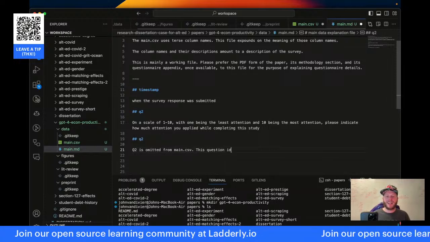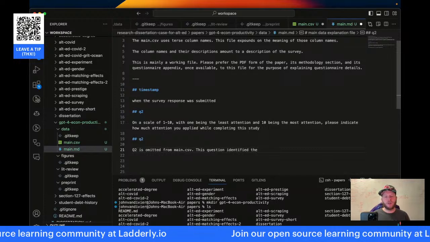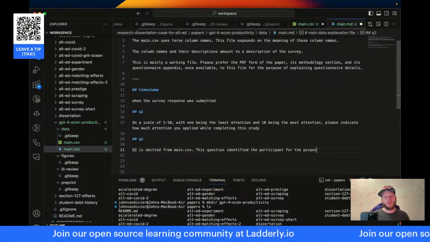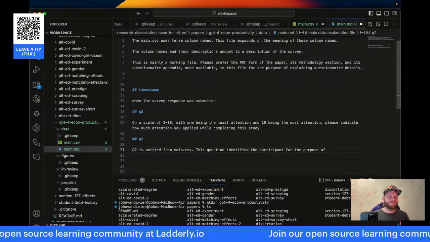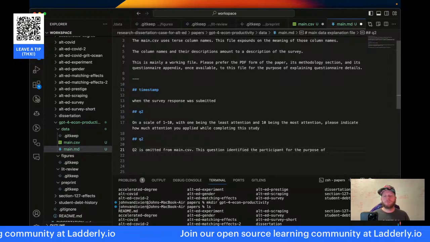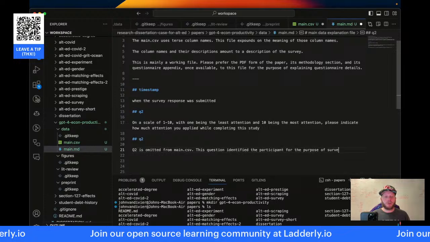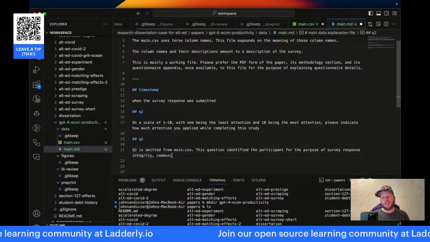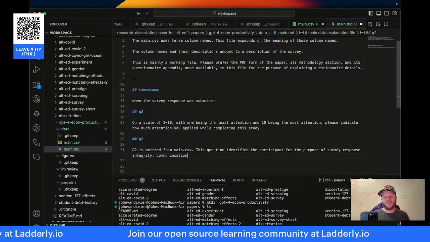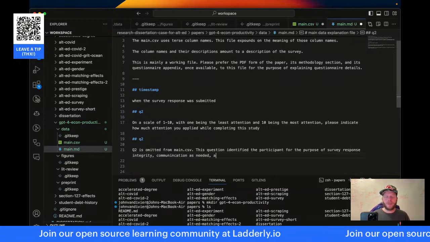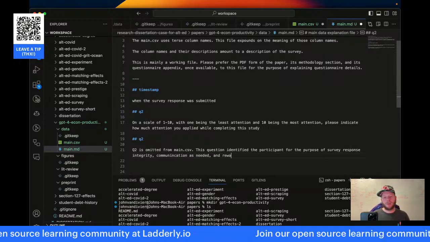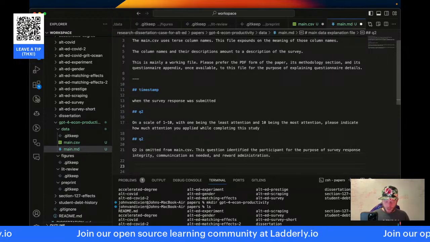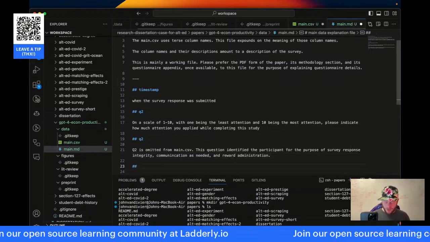This question identified the participant for the purpose of survey response integrity, communication as needed, and reward administration. Great. So that's going to be omitted, and then we'll go to Q4.